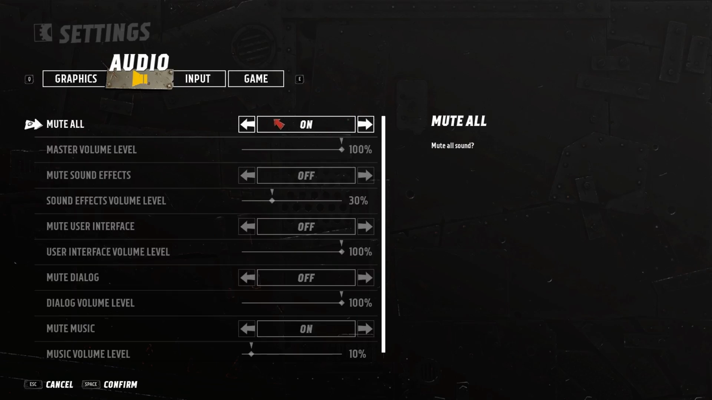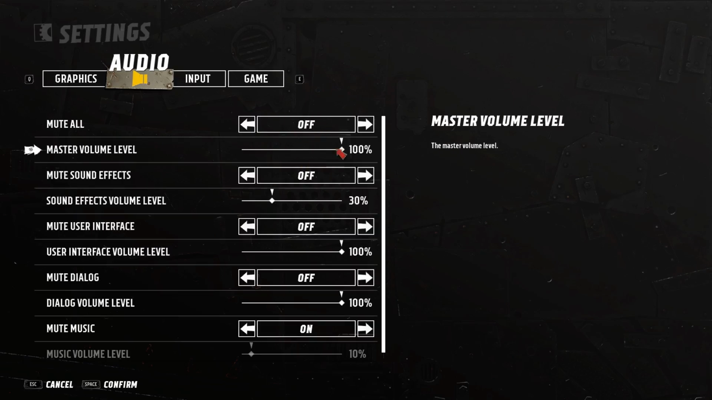As you can see, this is the master volume. We can just disable all sounds just using all setting here. But we can just decrease the volume level, master volume level. But we can decrease levels separately. So, for example, we can decrease dialogue volume level, for example, or